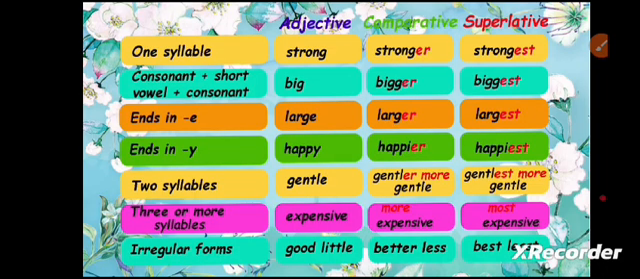Here a few more. Okay children, here the first one is adjective, then comparative and superlative. Here children, these are one syllable ones. Strong, stronger, strongest. Big, bigger, biggest. Large,